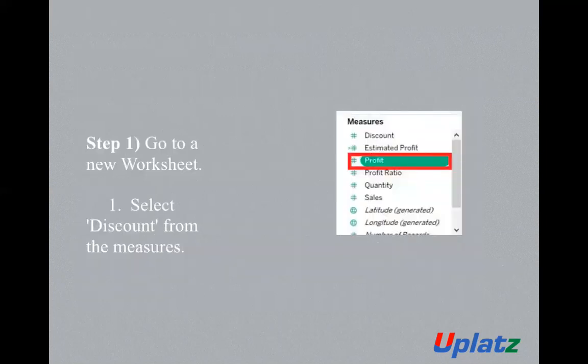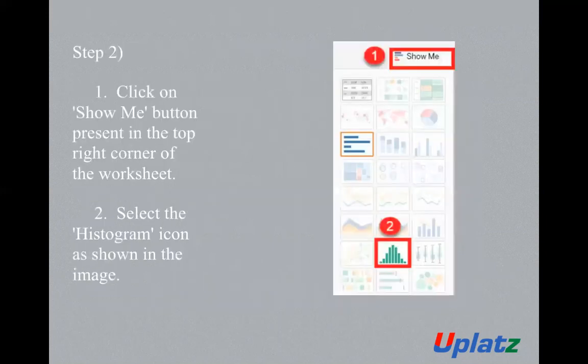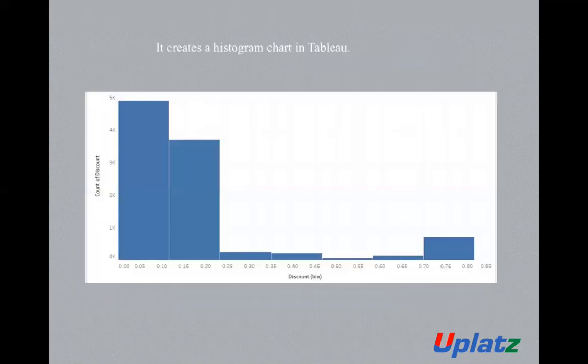You select profit or discount, whatever measure you want to look at, and then the second option here is your histogram. These are basically bars, shown according to their size. This is how a histogram chart looks, where you'll have a bin. So the discount bin is there. In the range of 0.00 to 0.10, or 0 to 10% of discount, you will have around 5K of users, or whatever dimension or measure you want to look at. According to the bins, the discount has been distributed, so there is a frequency distribution.